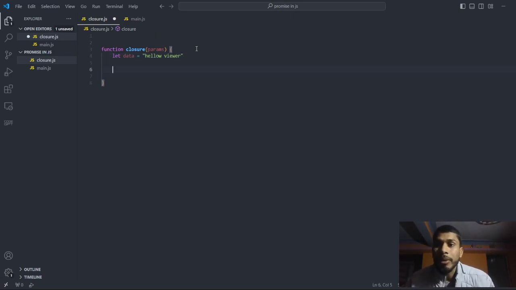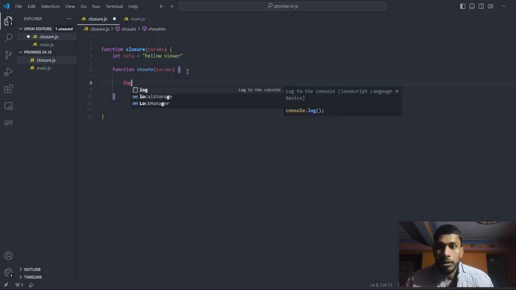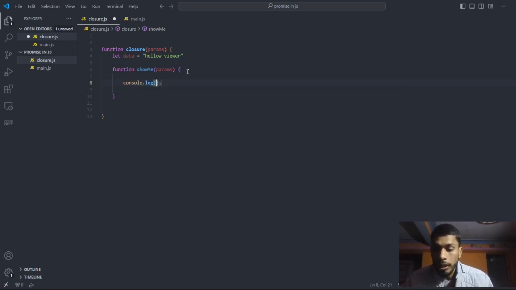Inside that particular function, let me create another function named show me, and inside that I am going to log this data.